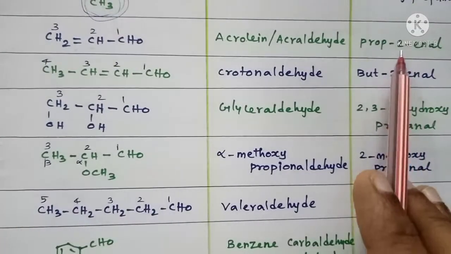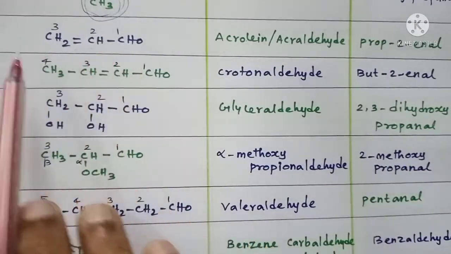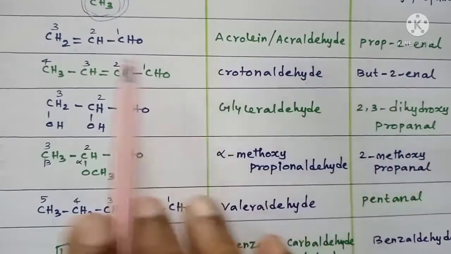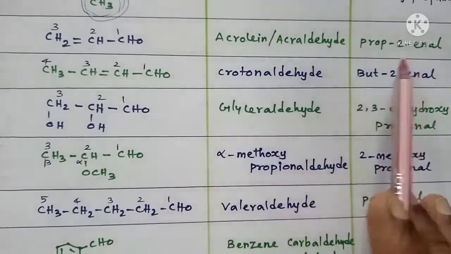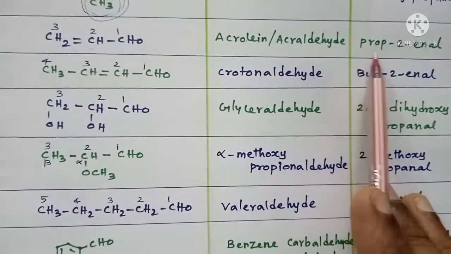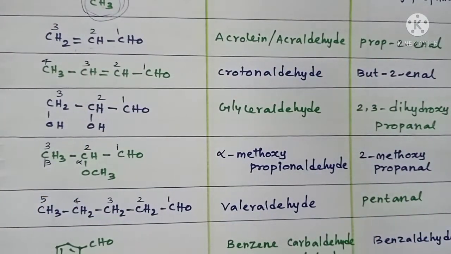Okay, right. Now we go for the IUPAC name. It's a 3 carbon derivative. So prop. There is a double bond, so propene, aldehyde function group, so it is supposed to be called propenal, isn't it? Whereas the double bond is next to the second carbon, so prop-2-enal. I write 2 before en, which indicates the position of the double bond. Prop-2-enal exactly is the IUPAC name of acrolein.